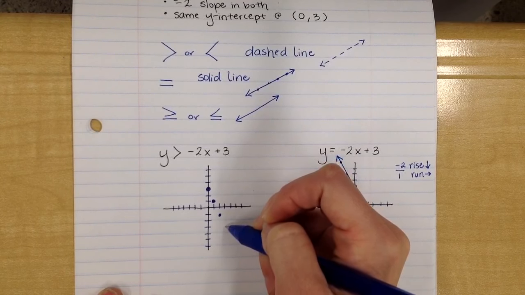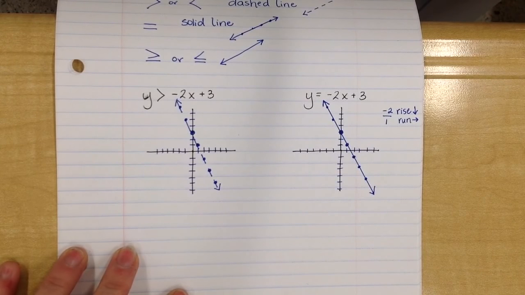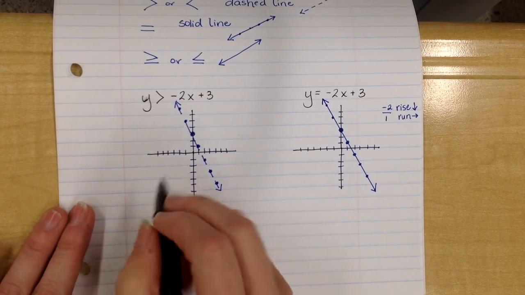All right, so pretty much the same, right? We got the same exact slope, same exact y-intercept. They look identical with the exception of the dashed versus a solid. So the follow-up questions that I have for you for question number 66 are, for part A,